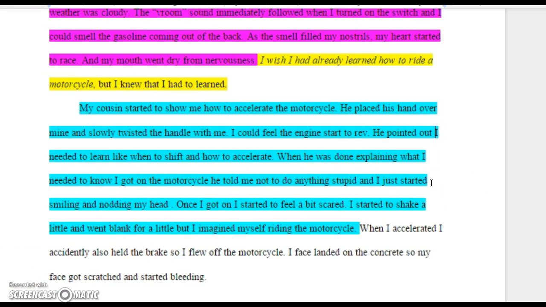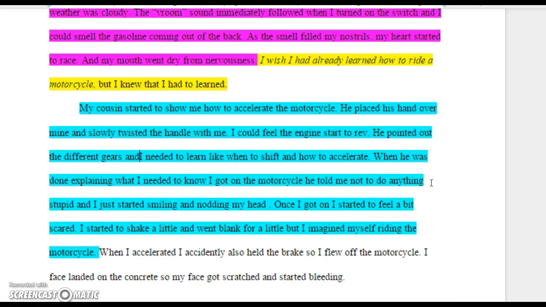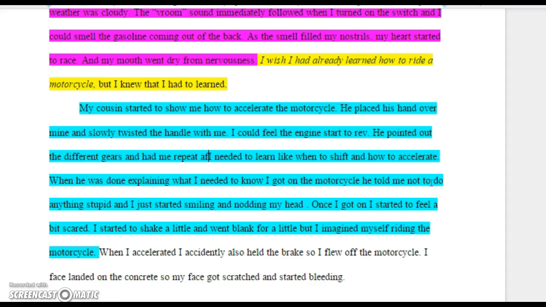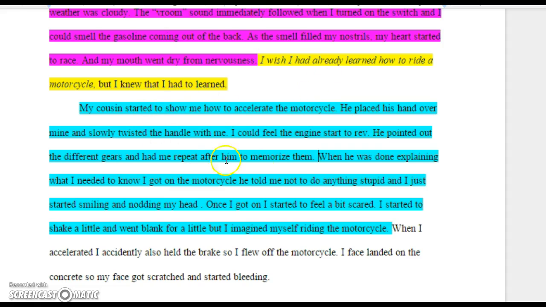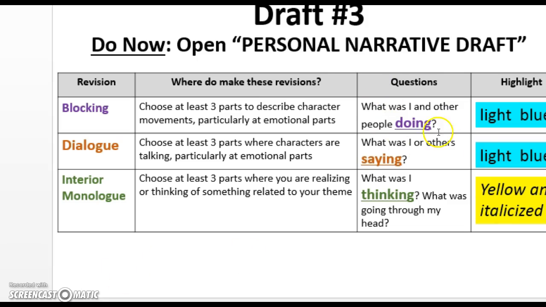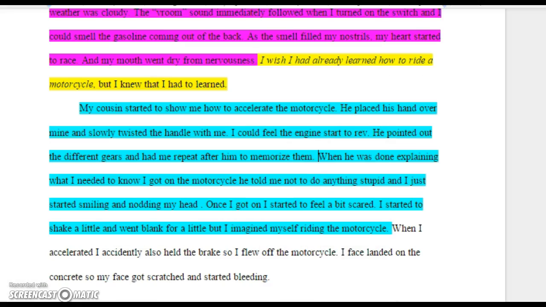He pointed out the different gears and had me repeat after him to memorize them. So I can take this part out because now I've described this part. I've added blocking because what I've added is what he's doing, and that's character movement. I'm going to continue now reading.